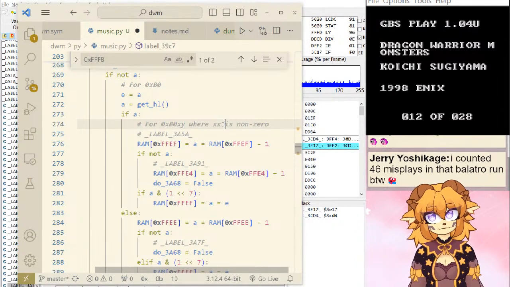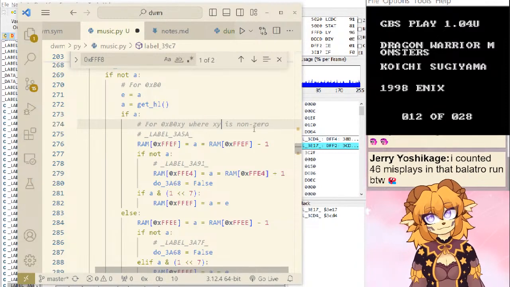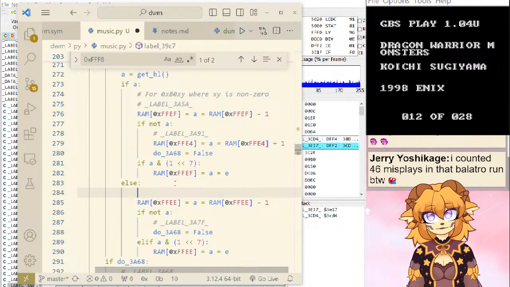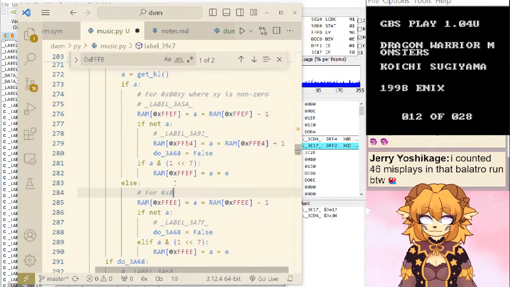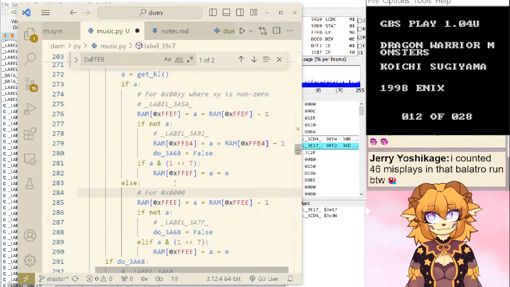What is X, Y, because they're different. Or OX B0, 0, 0.